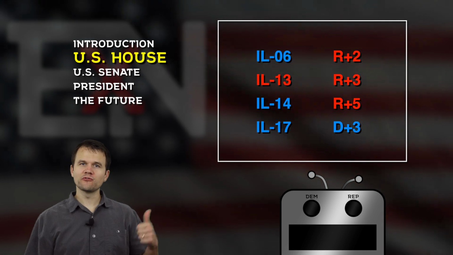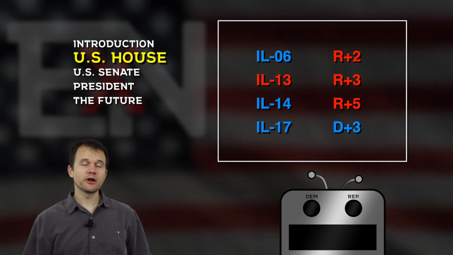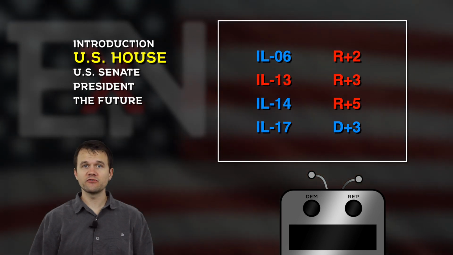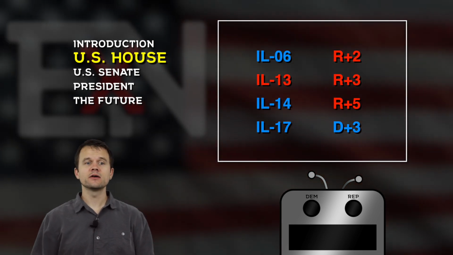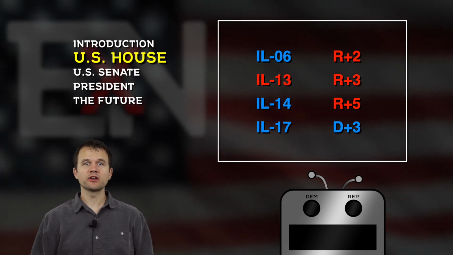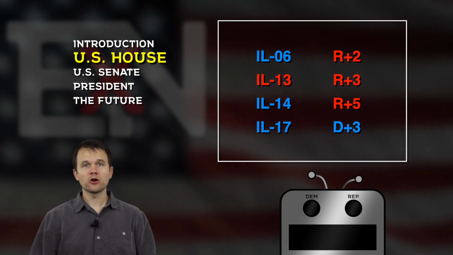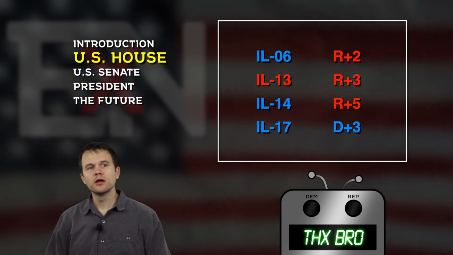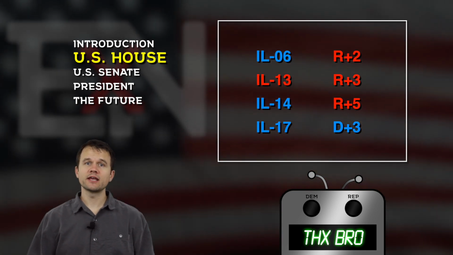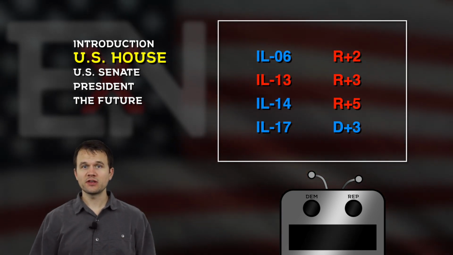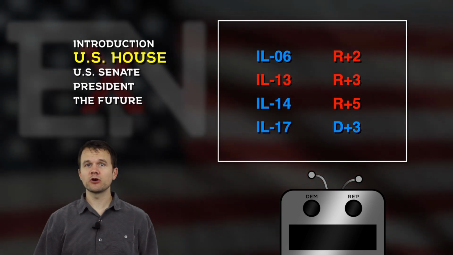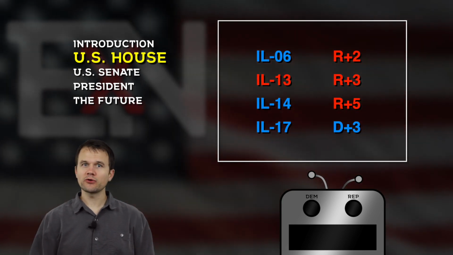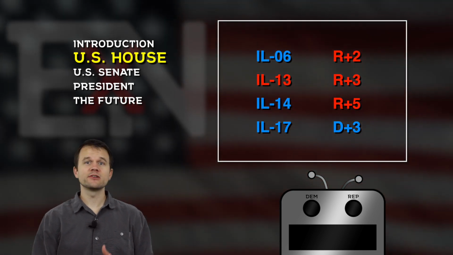I'm just going to list all 4 of those up in my window here. They are colored according to the party that currently is representing that district as of this video. And beside that is the partisan lean of the district when compared to the national average, according to the Cook Political Report's Partisan Voting Index. Now, of those 4, 2 of them just flipped in 2018, the 6th and the 14th, and both of those districts cover suburbs of Chicago. And as you'll see by the blue coloring, they both flipped from Republican to Democrat.